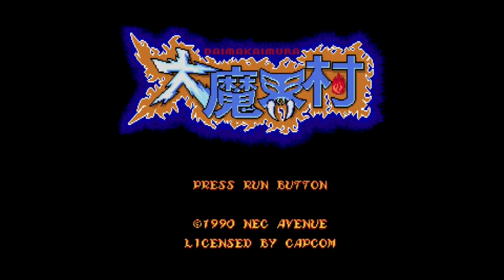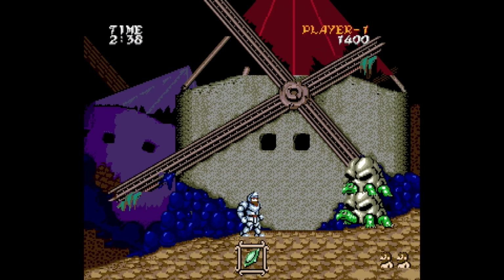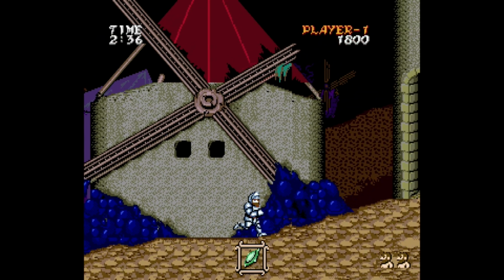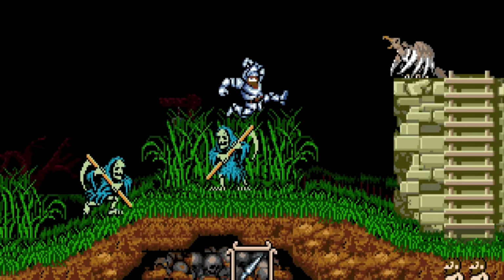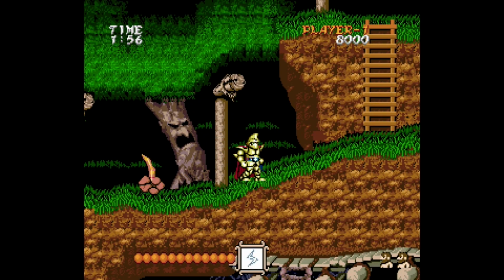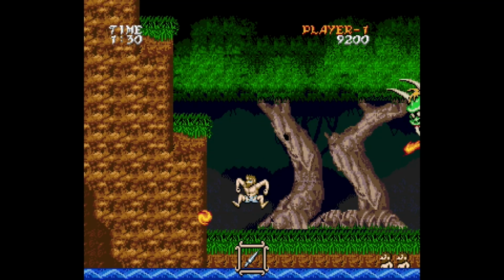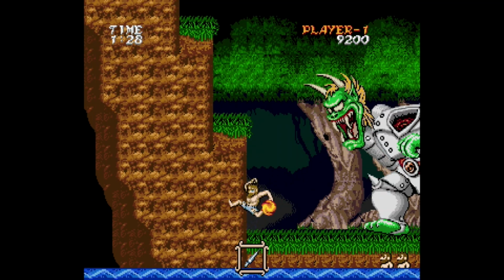This would become the console's best-selling game. It's a notoriously difficult platformer. You have various projectile weapons you can collect. You start off with an armor suit and you're able to take 2 hits before dying. You can collect the gold suit, which grants you a special ability, but it doesn't provide you an extra hit point. This is a well done port of the arcade game, and it does a good job recapturing all the